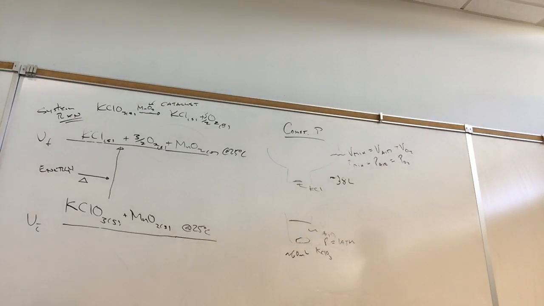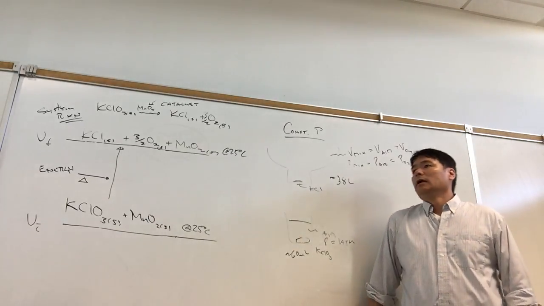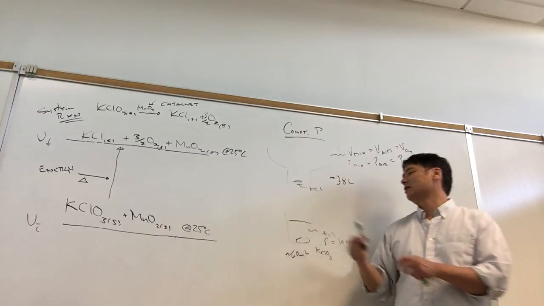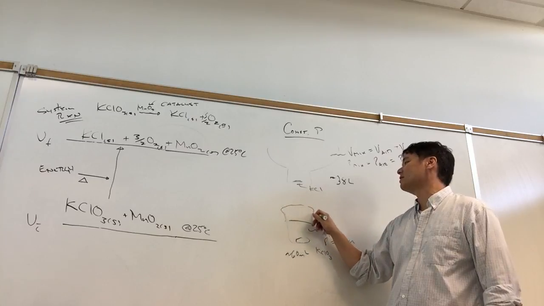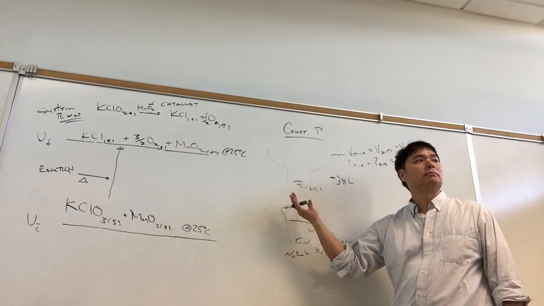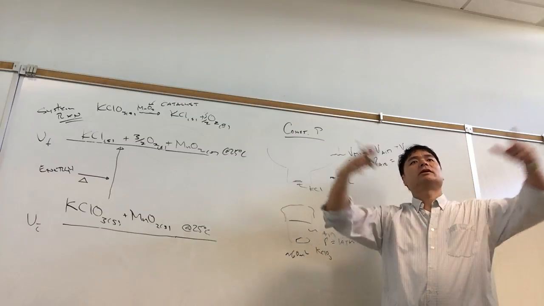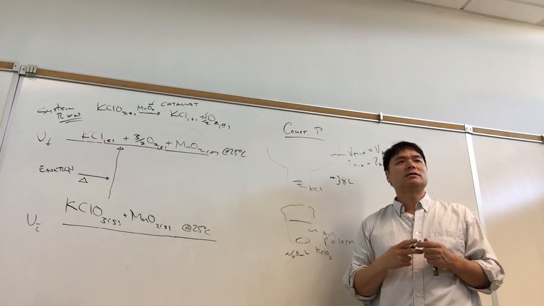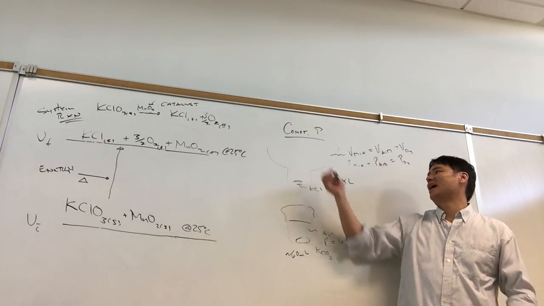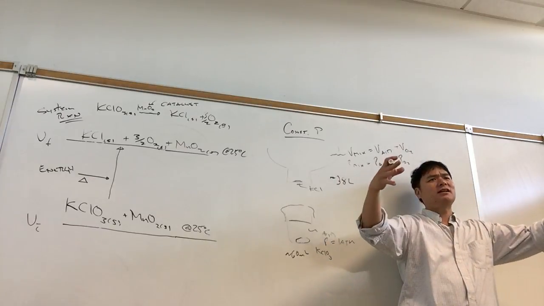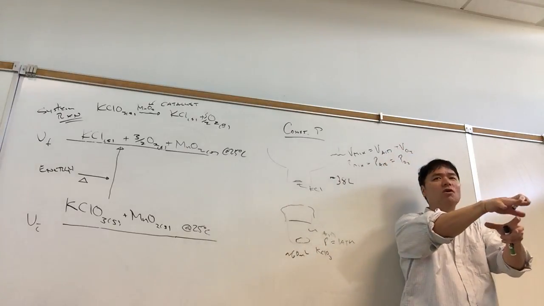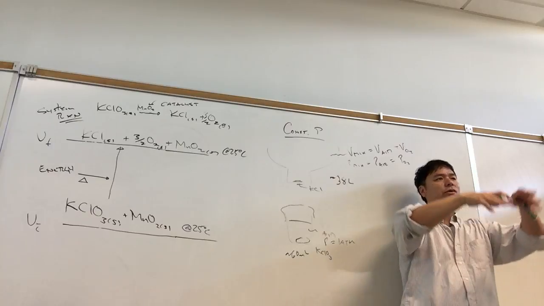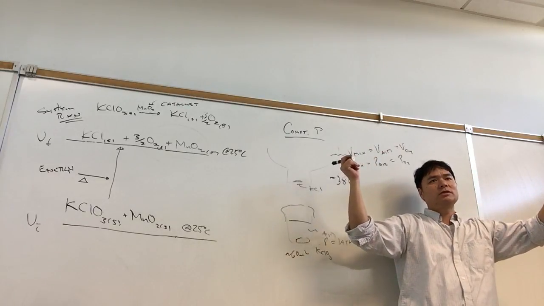Now, let's think about this. This is going to blow up a balloon, because if we put a balloon on top of this container, which is what I'm doing, what's going to happen to the balloon? Well, the balloon's going to expand, right? Hopefully it's a big balloon, because 38 liters, otherwise it's going to pop. If the balloon were rigid, we'd get a pressure explosion. We don't want that. We want it at a constant pressure. So the balloon's got to expand to compensate for all the O2 being generated.